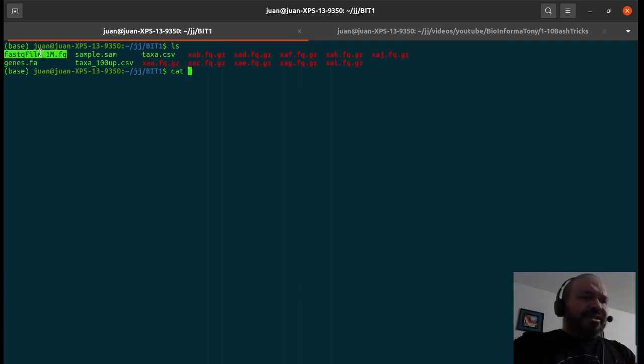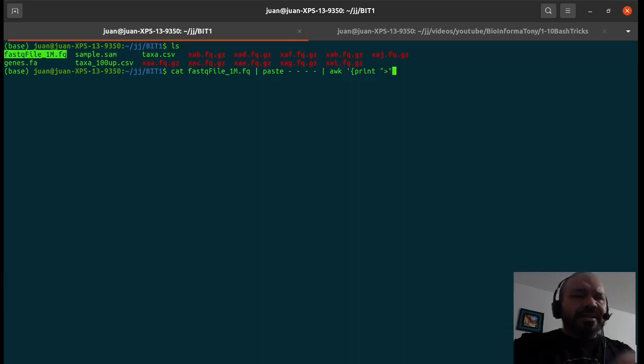Let's cat this file, and when it cats, let's collect the lines 4 by 4, and then we can use a program that is called paste, with 1, 2, 3, 4. And so this will collect all the lines in blocks of 4, and then we use our friend awk to tell that we want to print